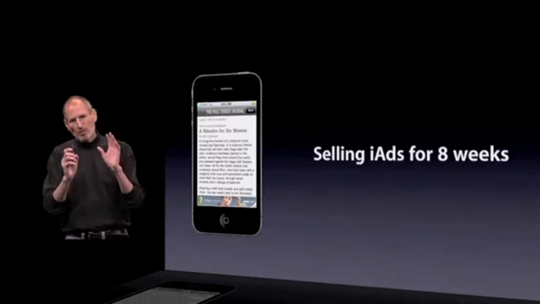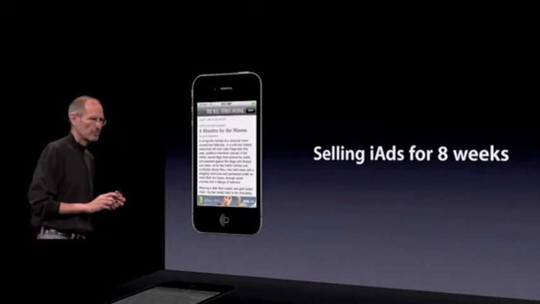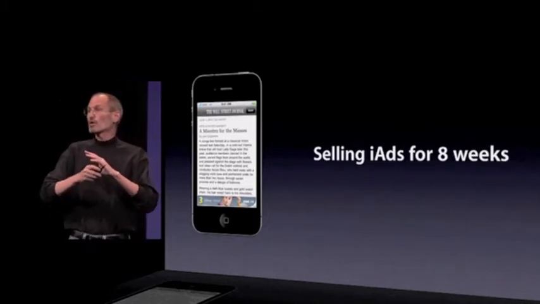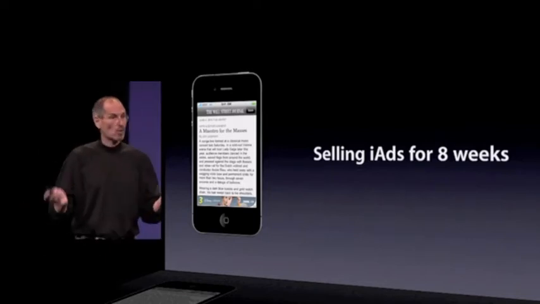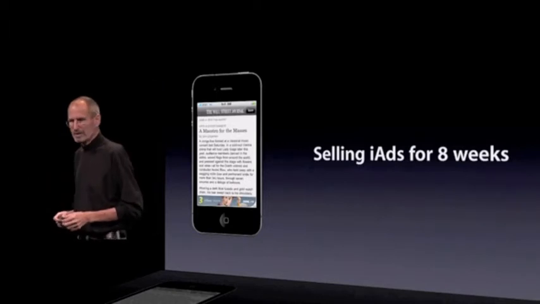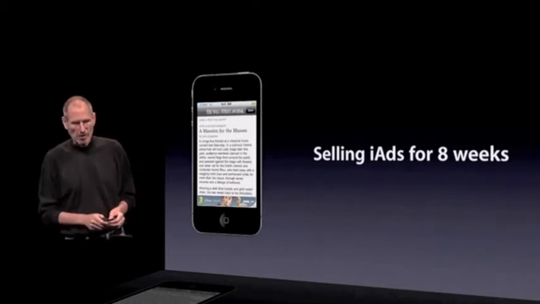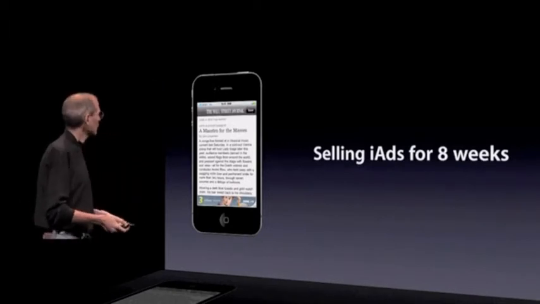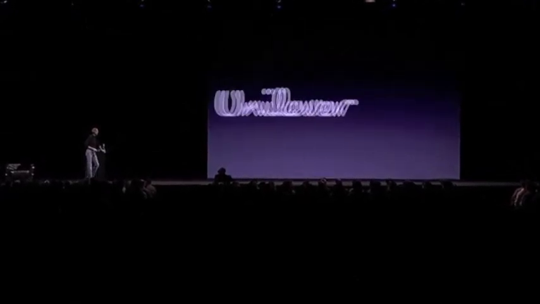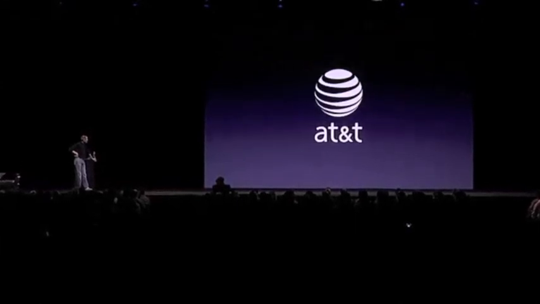So that's what iAds are. Now, we've only been selling ads for 8 weeks. We started selling ads about 8 weeks ago, and I'd like to just tell you about some of the brands that are going to be advertising with us during the second half of this year. These folks are the ones that have committed so far, and let me just run through them now for you. Starting off with Nissan, Citi, Unilever, the second largest consumer products company in the world, AT&T,